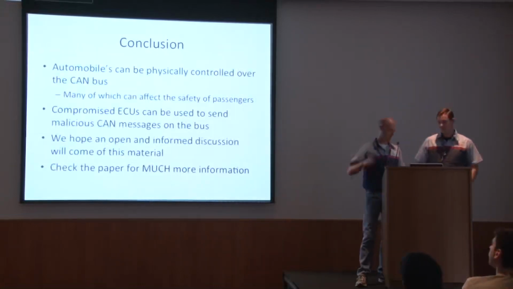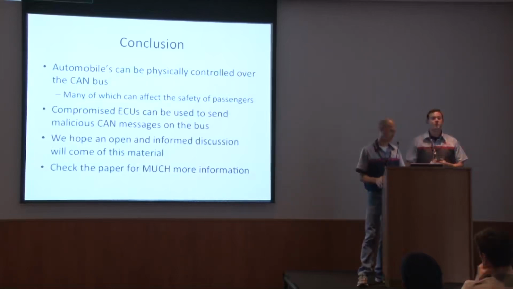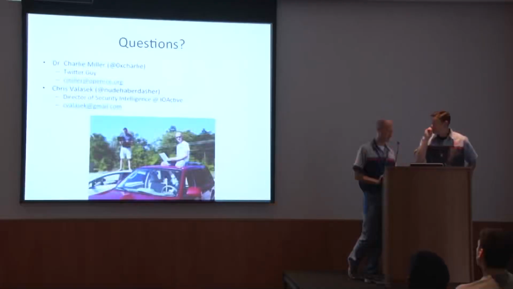So to wrap things up, there's this thing called a CAN bus, and all the computers listen to it, and you can send messages. If you can send messages on the CAN bus, you can trick the computers into doing things they probably didn't want to do. A big part of our research was releasing all the information and all the tools, so you can check it out on the internet, download the paper. It's like 100 pages or something, and download all the tools and try it out yourself. We have all the tools, even the data from each one of our cars, so you literally could recreate exactly what we did. We have IDA Pro dumps of the firmware and stuff like that. So thanks to these guys who helped us out, and we can take a couple questions if you have any.